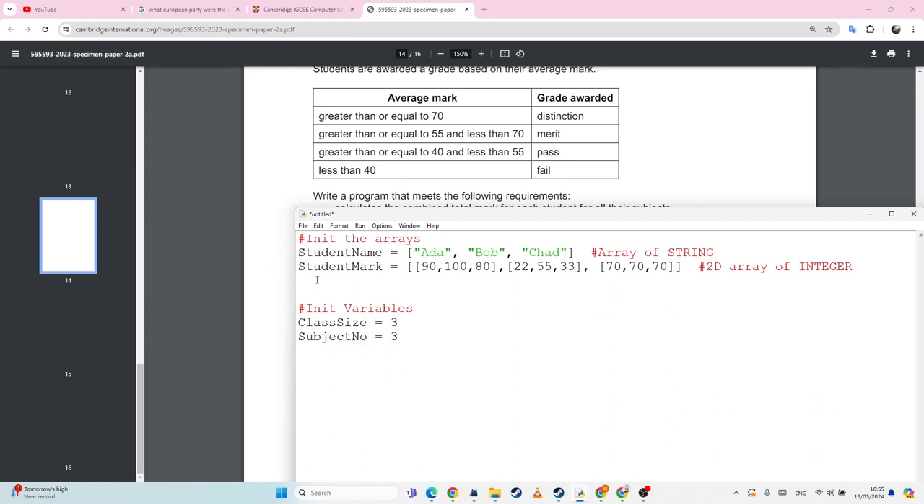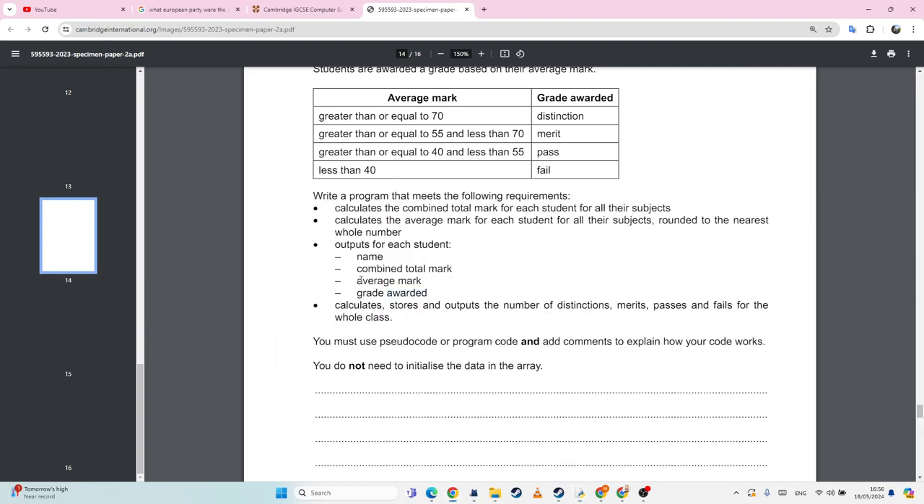So I'll stick them up here. And average mark is going to be an array of integer, and grade awarded is going to be an array of string. Could be a char, but let's do it as a string. Okay, so